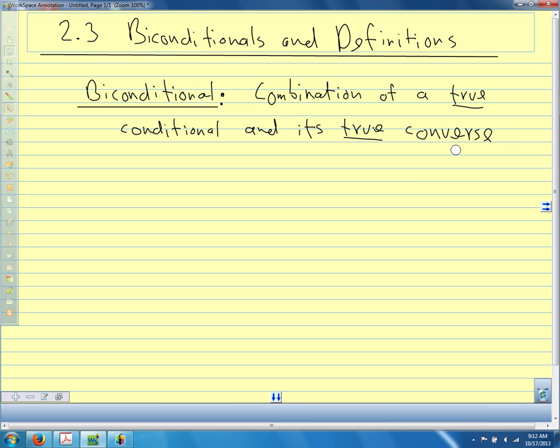So to make a biconditional, we want to start with a true conditional statement, like the one we used in our opener: if today is Thursday, then tomorrow is Friday. And its true converse. Our opener also had a true converse. So we're saying that both parts are true, and we write them